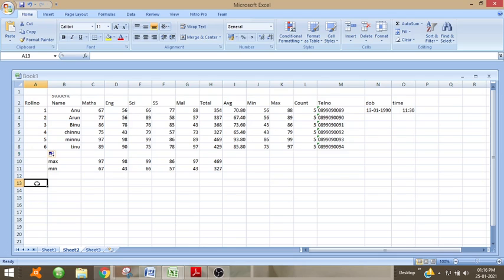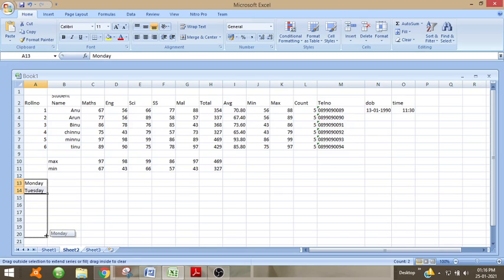Now if you want to print Monday, Tuesday, select these and drag as far as you want.